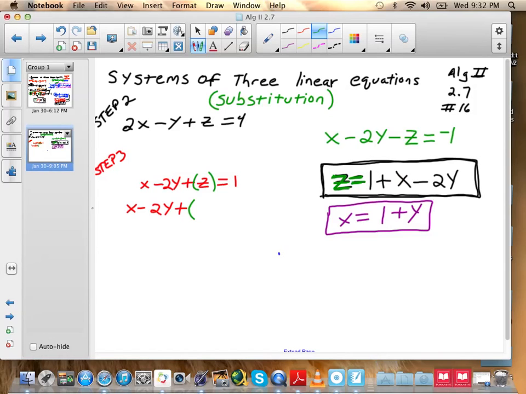So z was equal to the value 1 plus x minus 2y. And remember, this was determined in the last video, in the first step of the problem, equals 1. Okay, so what I want to do now is look at my term, and since I have discovered what z is,